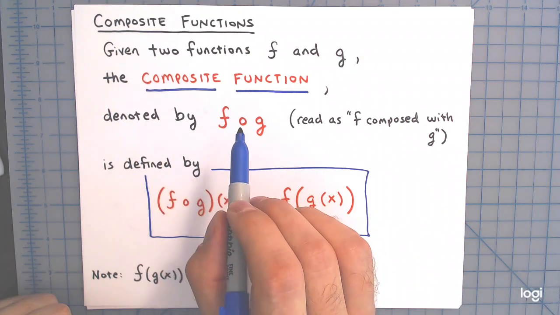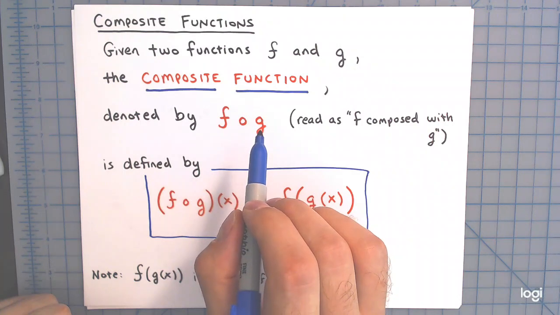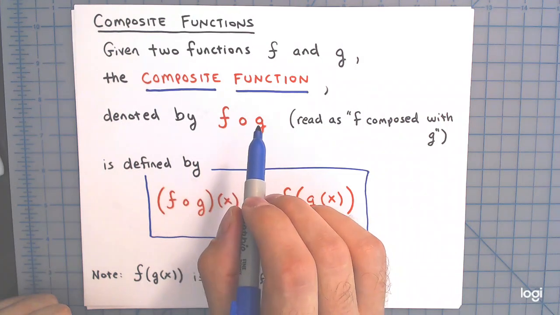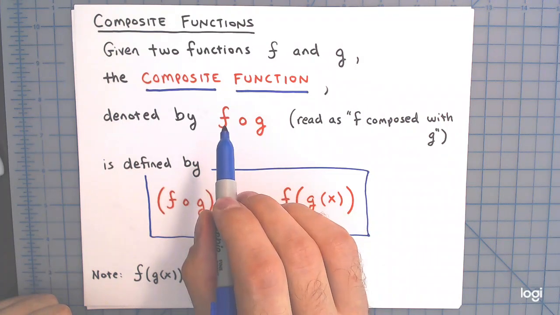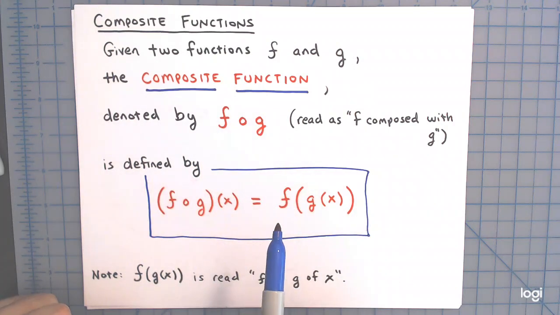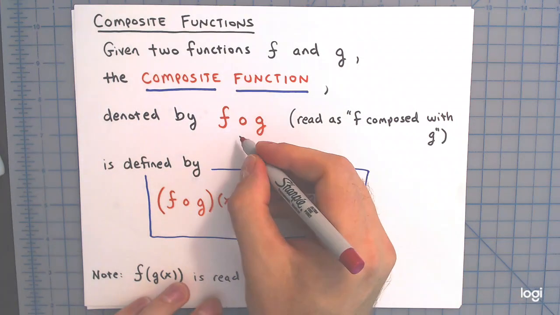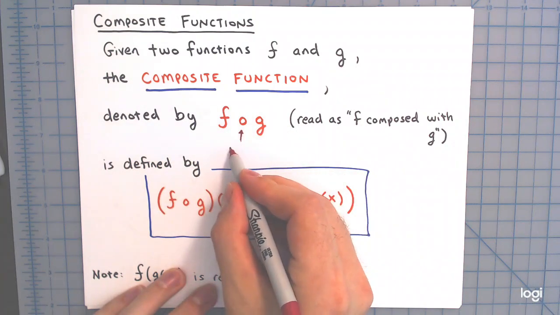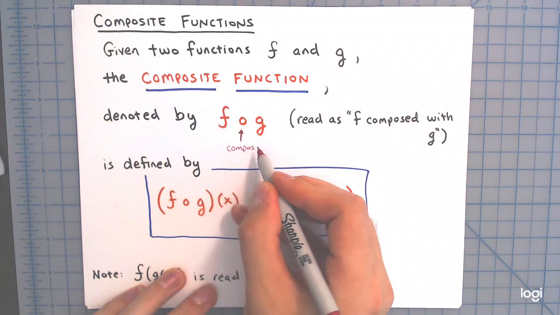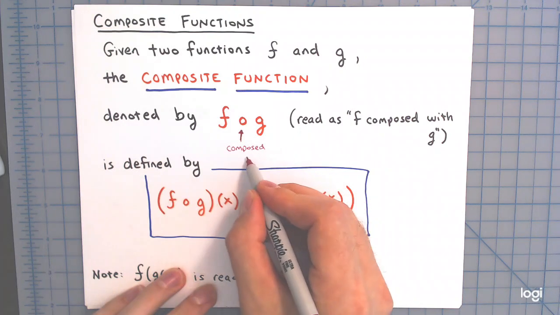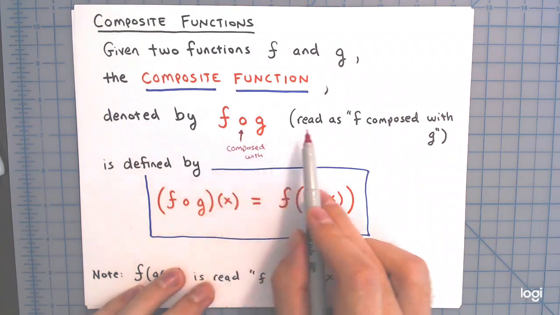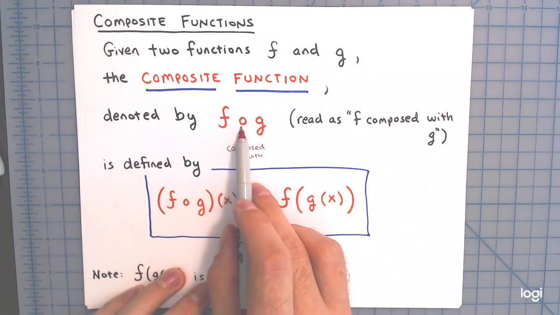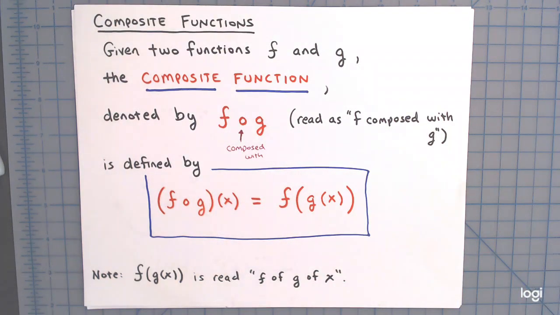When you see this f and then a little o and then another function afterwards, and again, these don't have to be f and g. This could be g of f or g composed with f, or h composed with k. The names of the functions don't really matter. But when you see this little o symbol between two function names, that stands for function composition, or composed with. So I would read this as f composed with g. All right, and the way it's defined